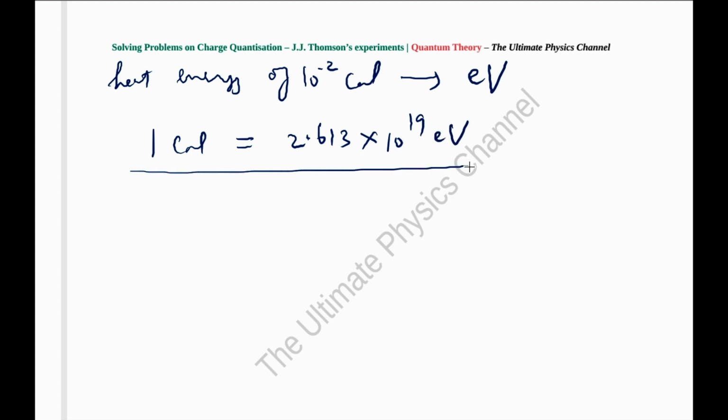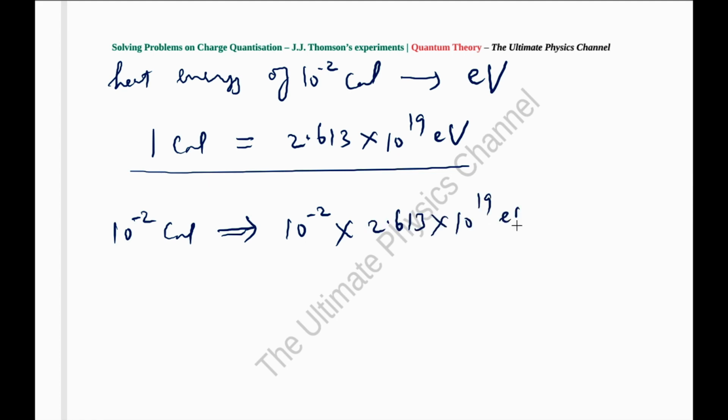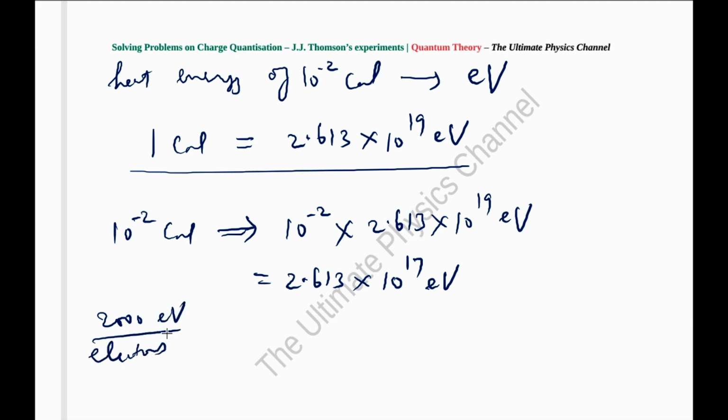This is the conversion factor. So 10 power minus 2 calories is 10 power minus 2 times 2.613 times 10 power 19 eV. That is 2.613 times 10 power 17 eV. Now electrons of kinetic energy 2000 eV are impinging on this beam stopper, and therefore